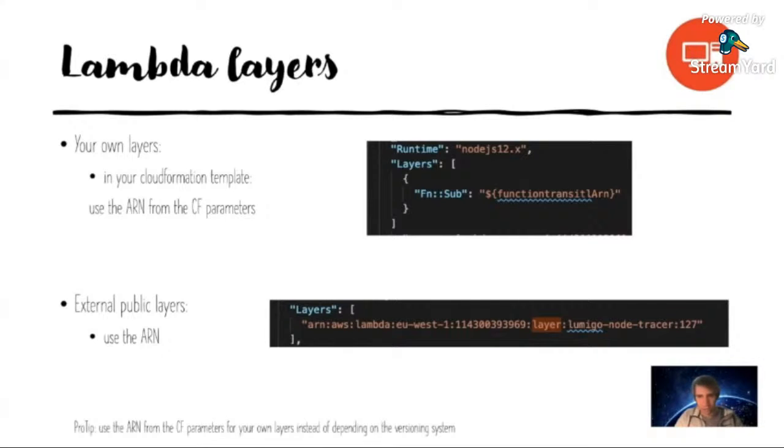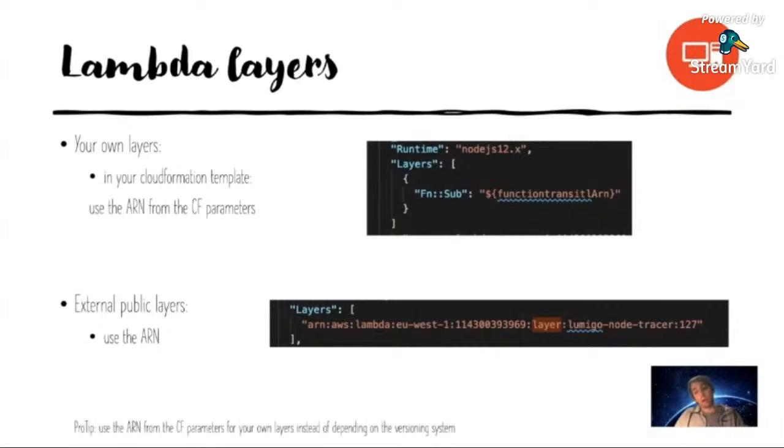So I just prefer to use the layer ARN, which is always pointing to the latest version of the layer on a certain cloud environment. So you don't have to worry about the versions anymore. That is, of course, if you want to use the latest version all the time. But using this ARN really simplified my life, because before that, it was tedious.